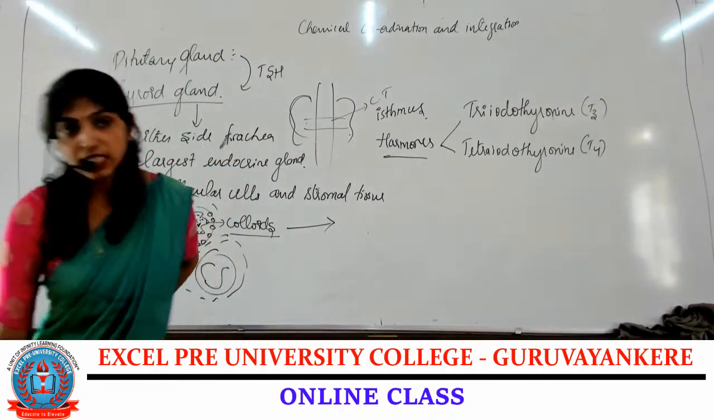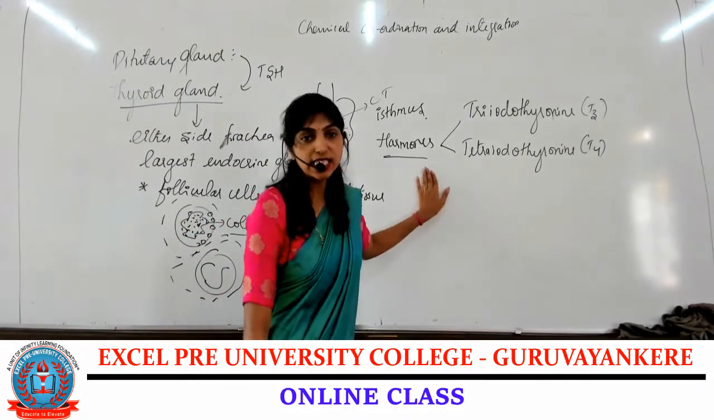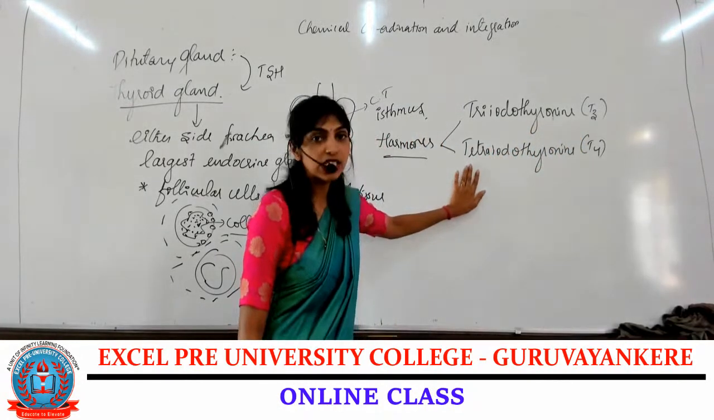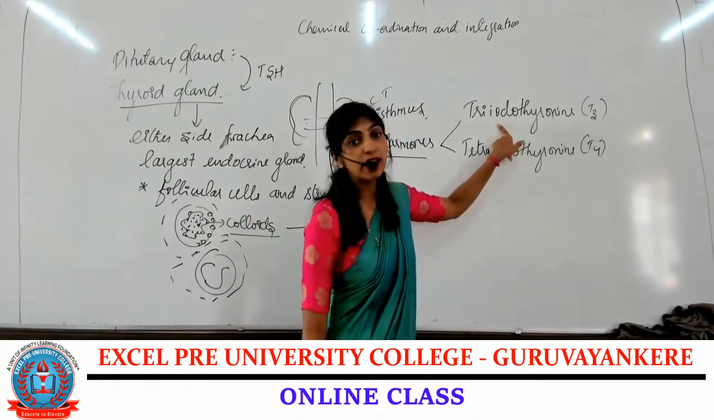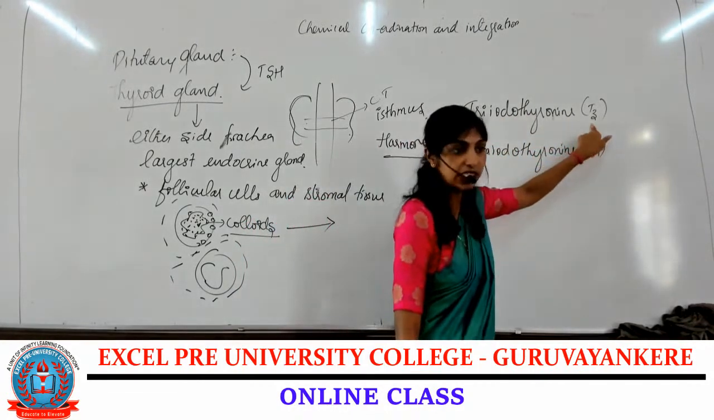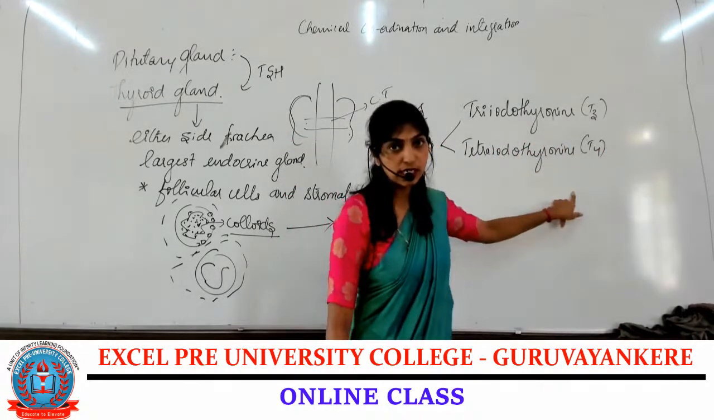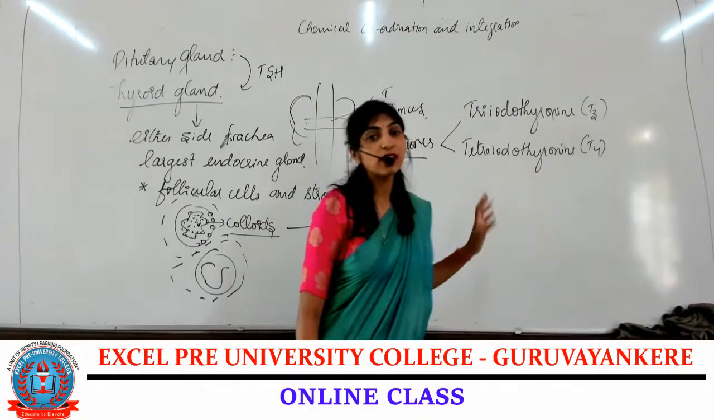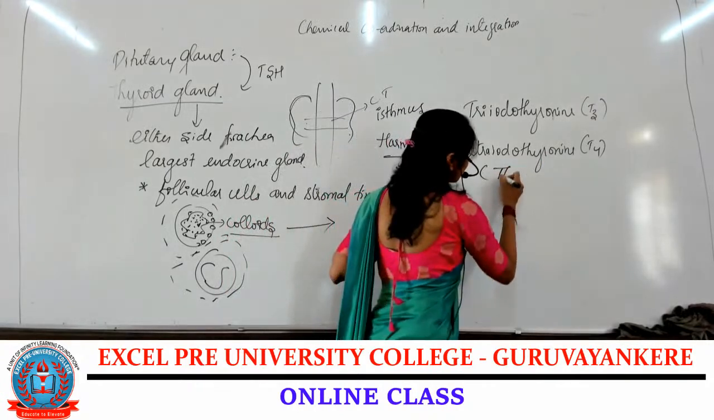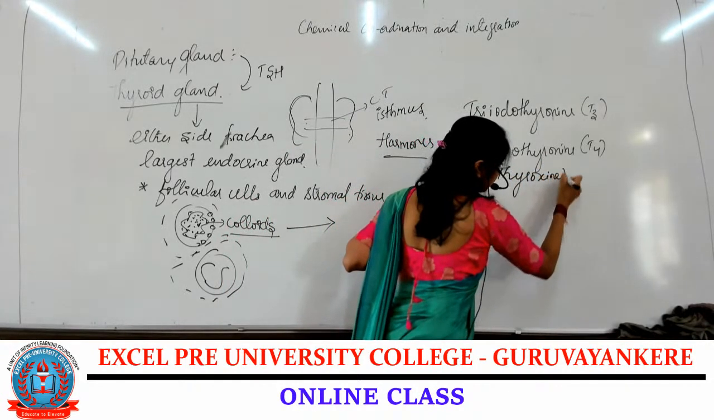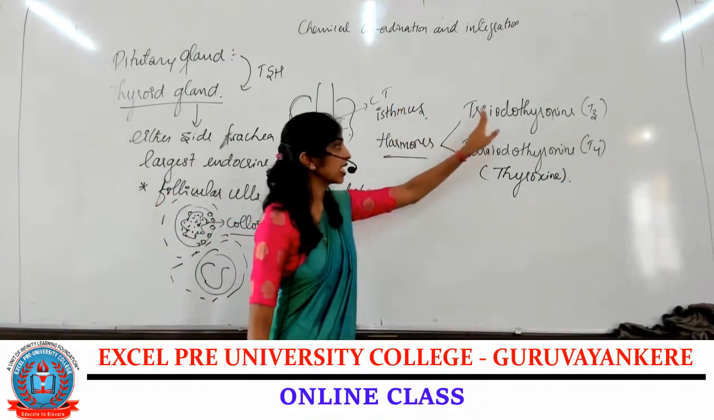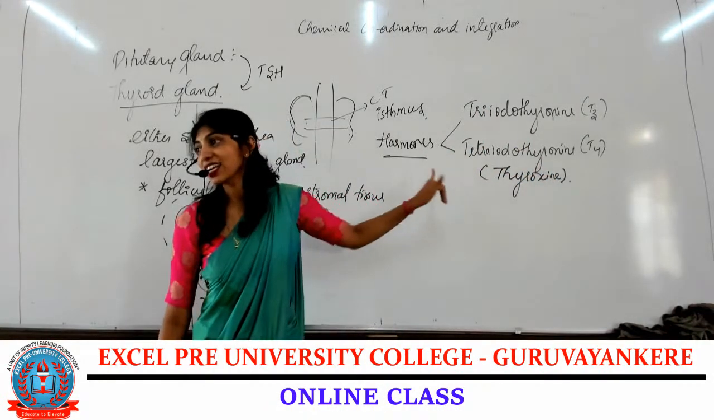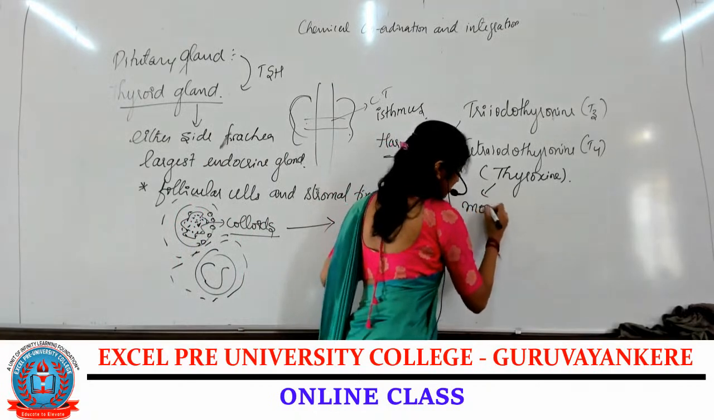Okay, there are mainly two types of hormones secreted by the thyroid gland. One is called triiodothyronine and the other is tetraiodothyronine, where triiodothyronine is designated as T3 and tetraiodothyronine is designated as T4. Tetraiodothyronine is also called thyroxine. Among these two hormones, that is triiodothyronine or tetraiodothyronine,